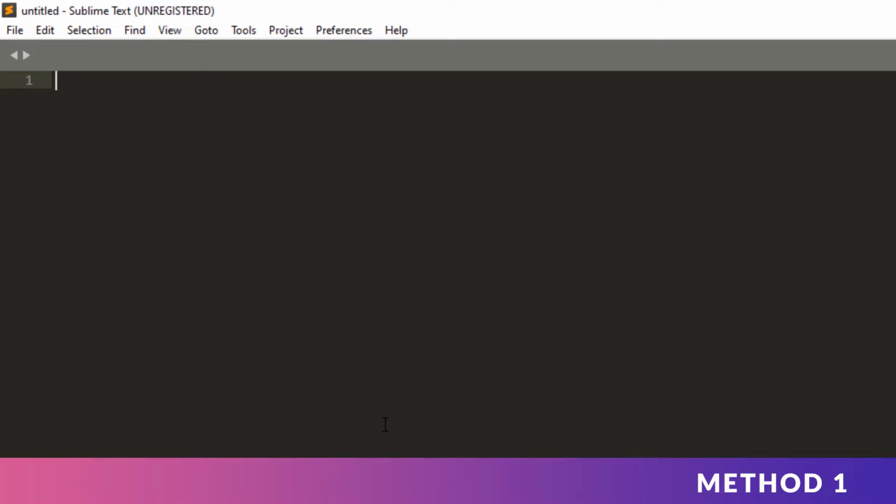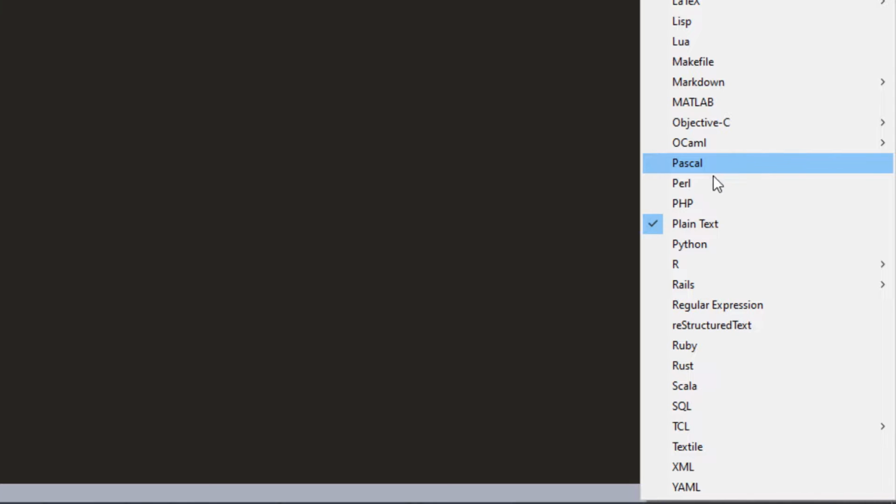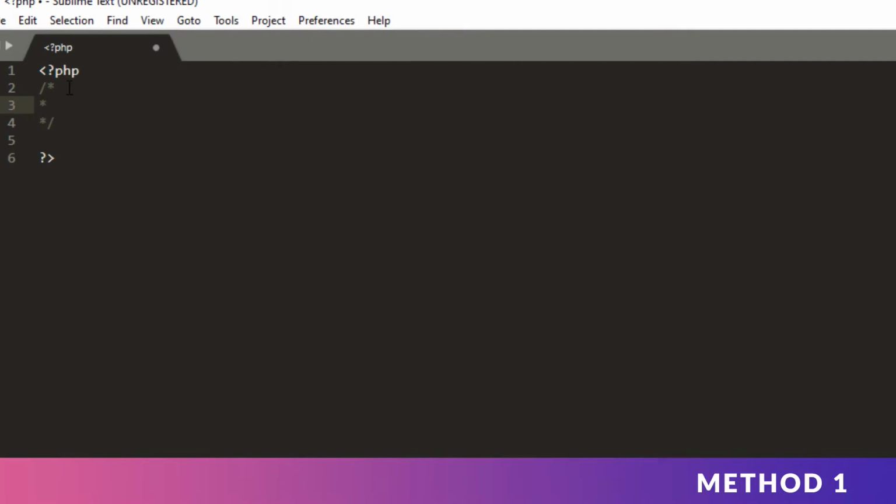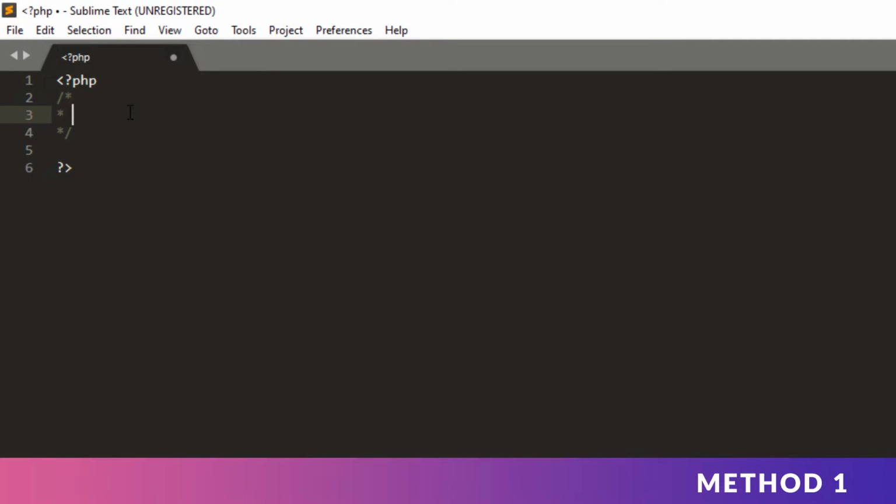On the editor, create an opening and closing PHP tag and add a comment syntax, the slash with an asterisk in between. It looks like the editor did not recognize my PHP syntax, so I'm going to change the syntax to PHP. You don't have to worry about this option. This is optional and does not affect our template.